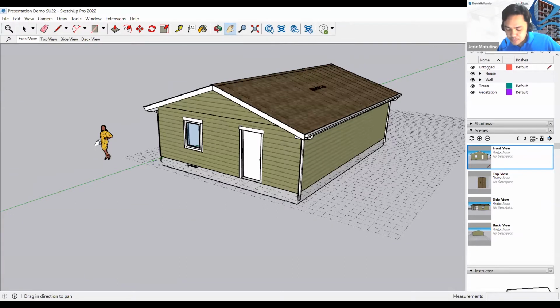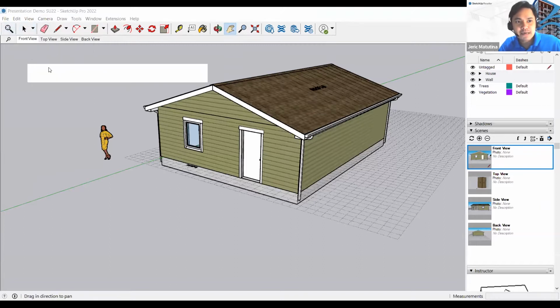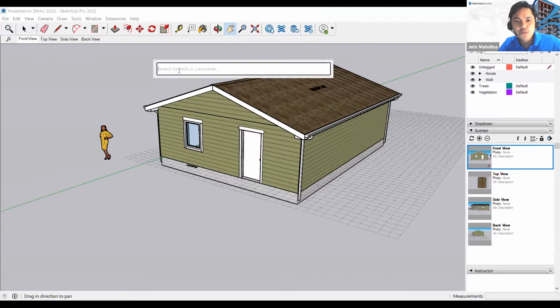So back to our features, we have the search sketch tool where we can find and activate tools by searching. And nasaan yung ating search tool. So nandito lang siya sa may ribbon. Sa left side ng ating select tool. So we have this magnifying glass. Just simply click and lalabas na tayong search box wherein you can type in here yung command na gagamitin mo